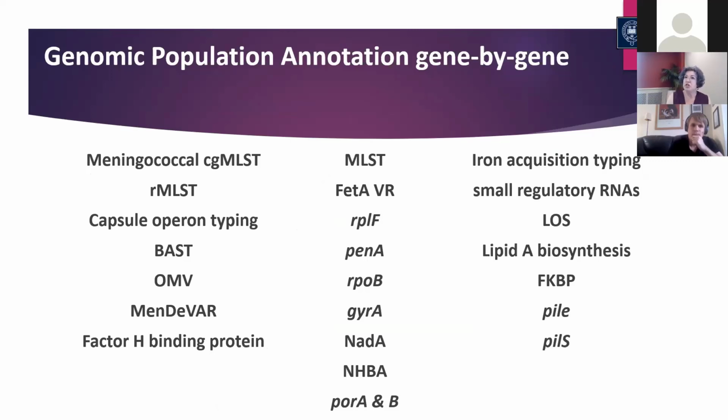So we use a gene-by-gene annotation process that allows us to look at everything from the fragments of typing for something like MLST, or the mutations that occur in antibiotic resistance genes, all the way up to the capsule typing operons, which is quite a large chunk of the meningococcal genome. But we can also look at metabolic processes such as the iron acquisition. And all of these together help form the structure that we know as the population that is the meningococcal, but also is the structure of the genomes that we're looking